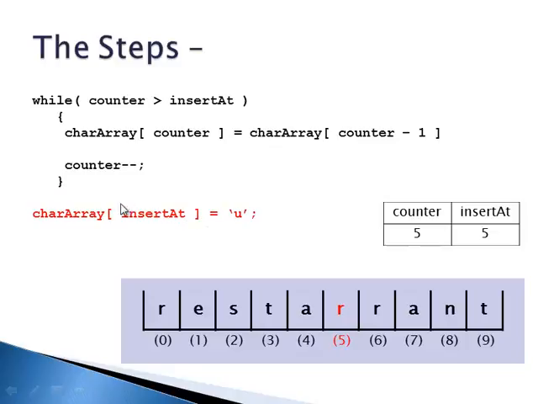Now we are at insert at, which we know is element or index at 5. The element right here presently has the R in it, but when we implement this action right here, we place a U in there, and we have now overwritten the R that was there. If you can see this, we've overwritten everything. We took the T and moved it to here, we took the N and moved it to here, the A and moved it from here, the R and moved it from there, and then we were to overwrite that R